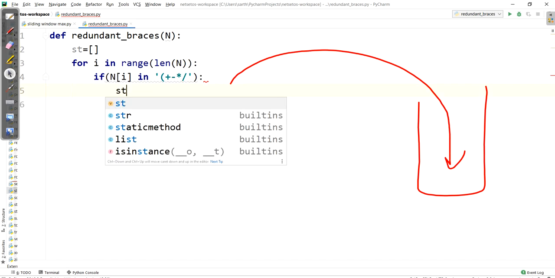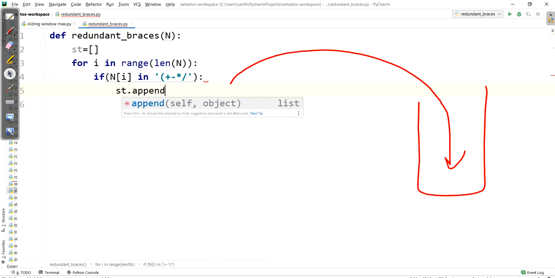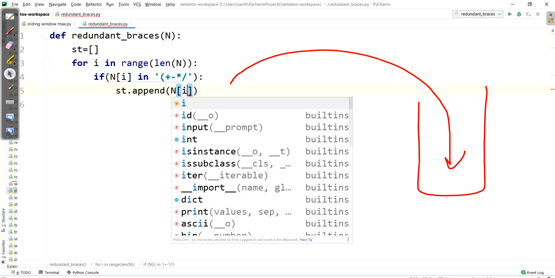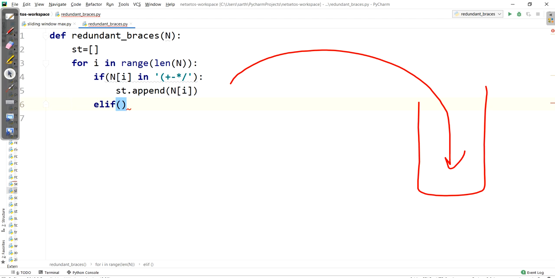So I'll write st dot append n of i. Otherwise, if it has the closing parenthesis, n of i is equal to the closing parenthesis, then we will pop out from the top of the stack.